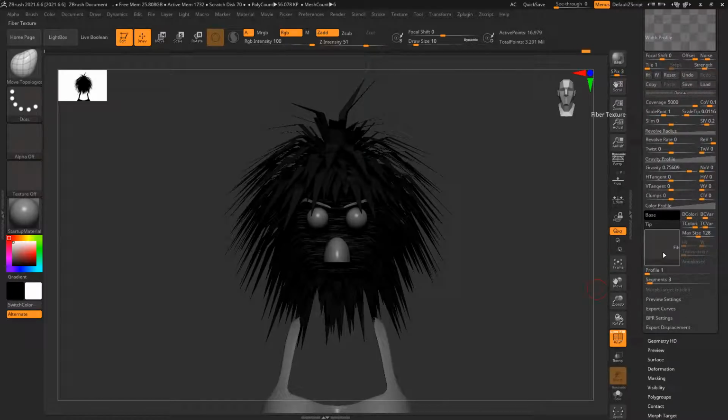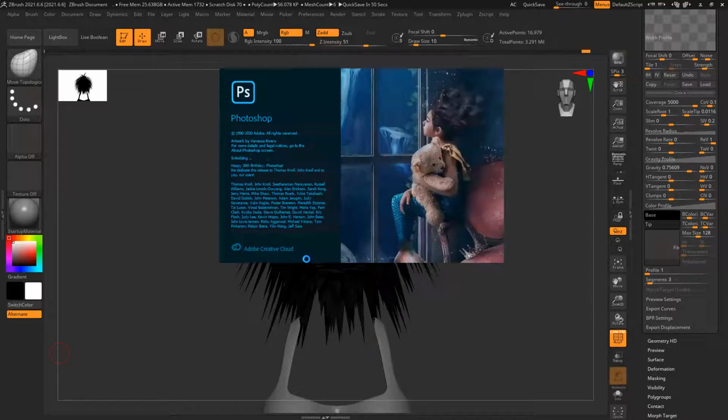So here I can apply a texture with alpha, so I can see the preview also directly here. So let me check. I guess I need to create a texture. So I'll open Photoshop. So this is something while creating the fiber mesh, that time only you have to apply all this thing. Once you create this thing, you won't be able to modify anything. Then only you can just comb the hair.